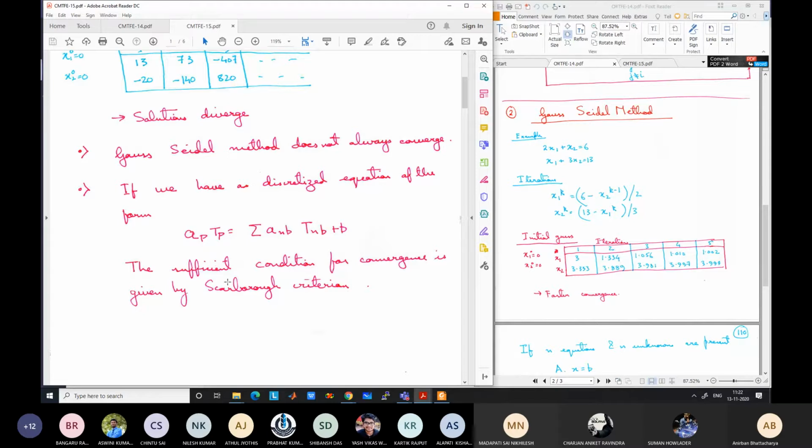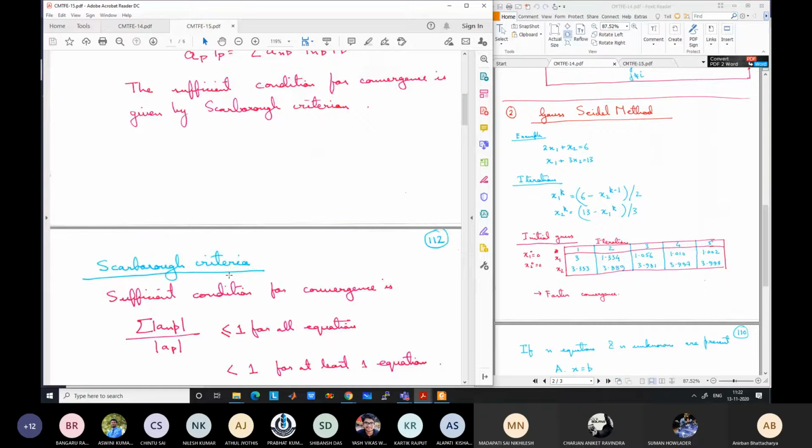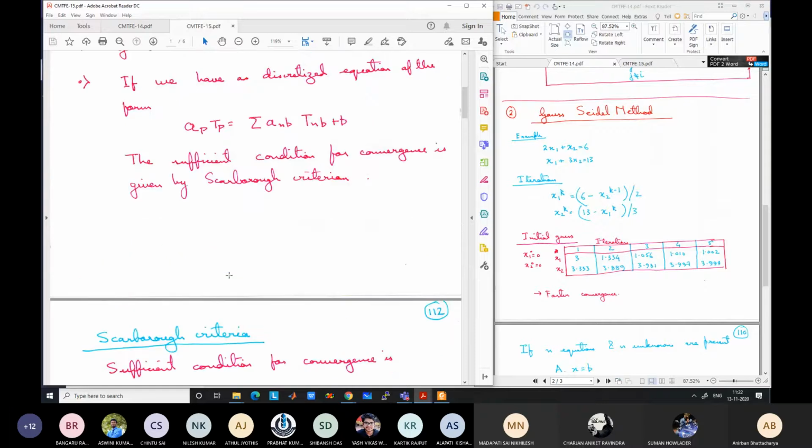There are two types of conditions. One is known as a necessary condition and one is known as a sufficient condition. A necessary condition is a condition that you need, otherwise convergence will not occur. It is absolutely necessary. A sufficient condition is a condition where, if it is satisfied, it guarantees that convergence will occur. So these are two different types of condition. A necessary condition is essential, without which convergence cannot occur. But a necessary condition may not be sufficient.